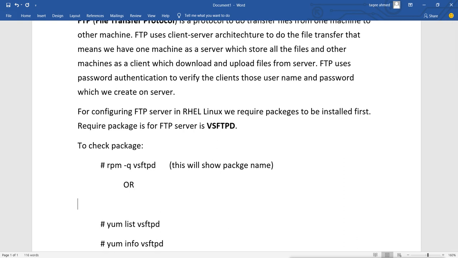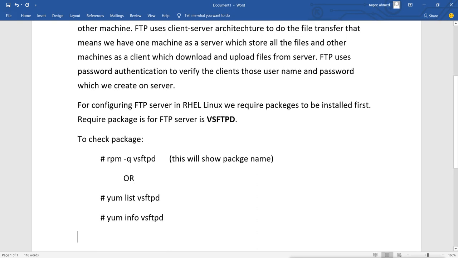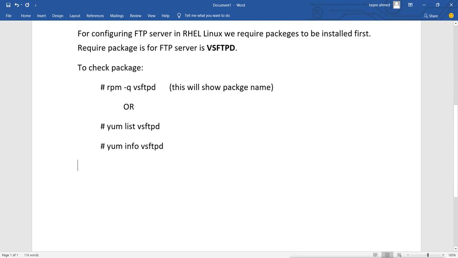Now if it is installed, then it is okay. When we install the system, at that time we have the option to choose lots of packages. If you have installed the system with the GUI method, you will get the option to select lots of extra packages.